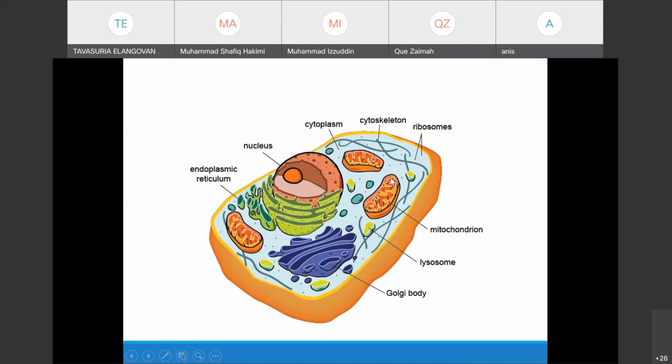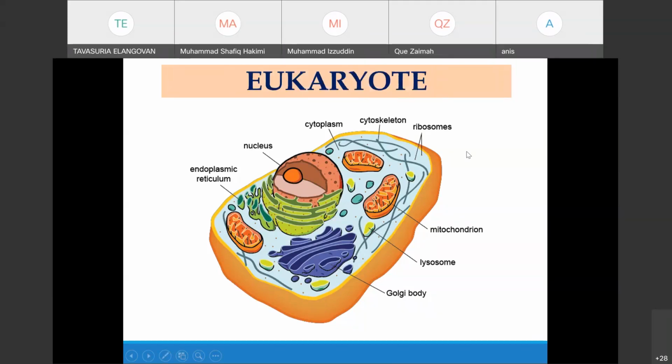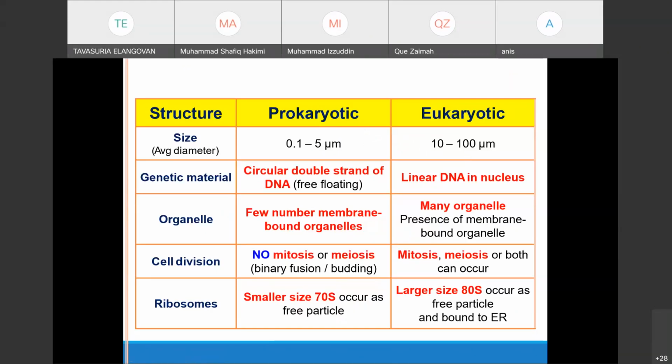This is the mitochondria, lysosome, Golgi body, endoplasmic reticulum, and cytoplasm, and the eukaryotic cell is surrounded by the cell membrane, the plasma membrane. Okay. Some eukaryotic cells have a cell wall, but they do not have capsules. So these are a few differences between prokaryotic and eukaryotic cells. Okay. So you can refer to the Campbell book and any other biology reference book to find out more differences between prokaryotic and eukaryotic cells. It is very important and also commonly confused.